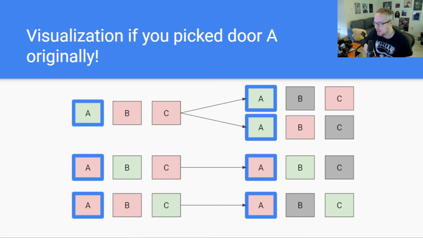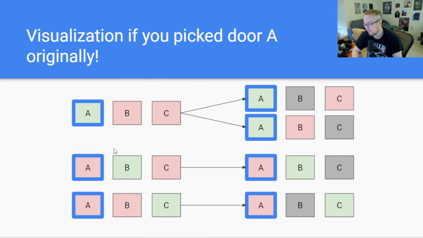Here's a visualization of 4 possible worlds that we could be in. Note everything else about the world is the same. These worlds presuppose that all that has changed is which door the sports car is behind and which door the game show host opened. In Universe 1, the sports car is behind door A, which we picked. I'm saying that we picked door A in every universe, just because I did.